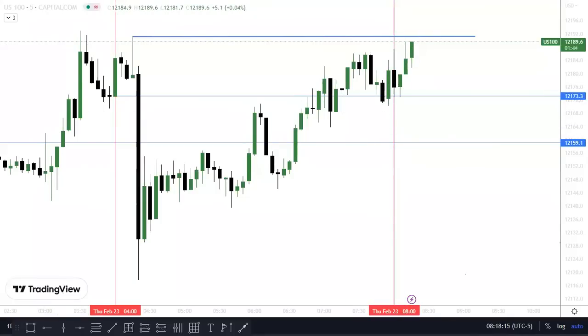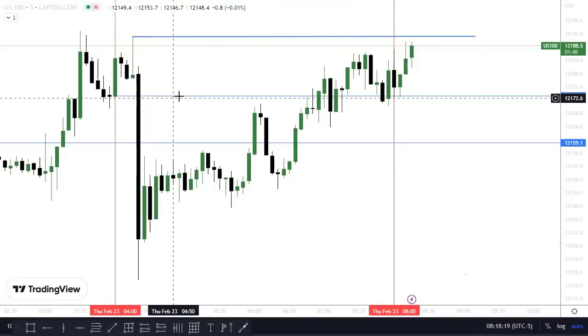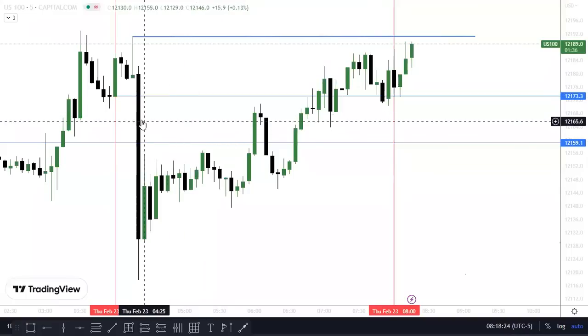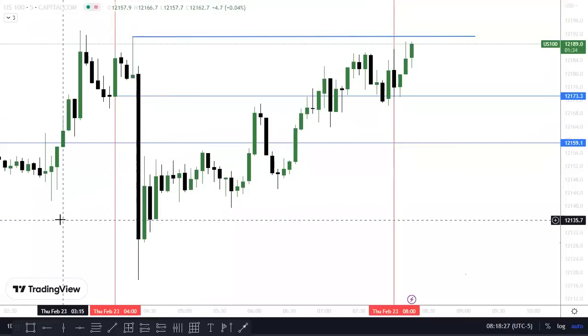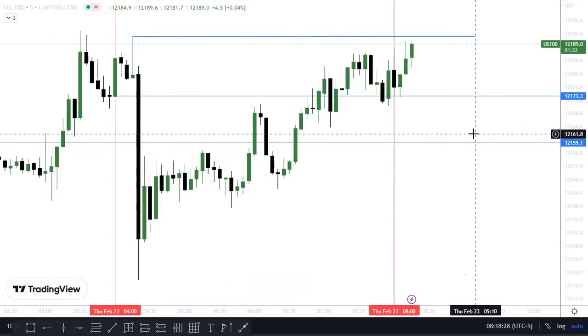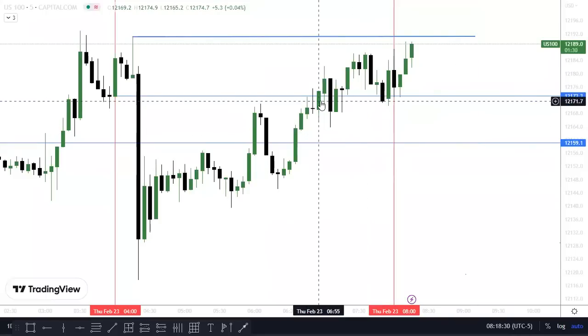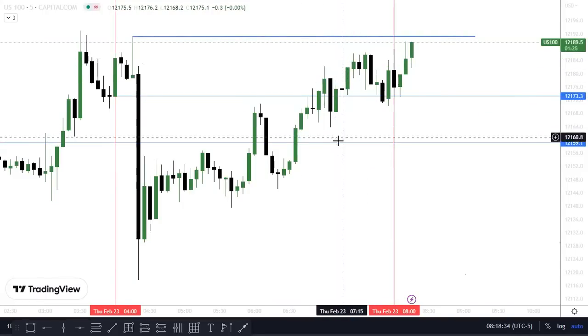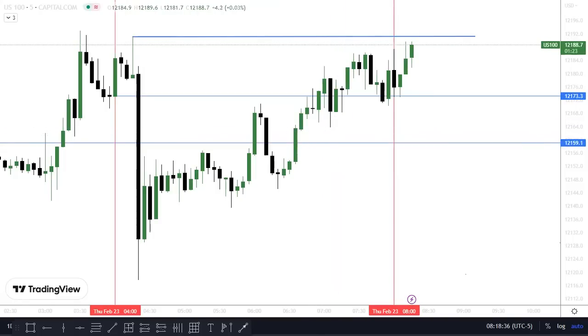That's it. I'm not personally looking to go long, because we're already above previous day's high. If this was maybe lower and previous day's high was not tapped and yesterday didn't close below the objective, I'd look for a long. But in this case, there is no need to, because we're already above my drawn liquidity.